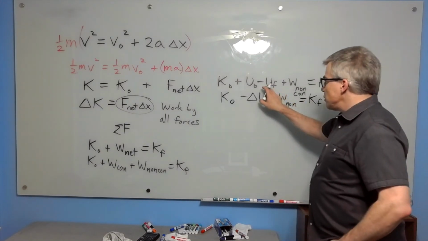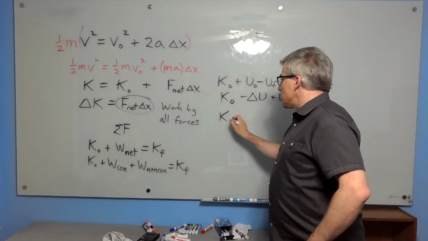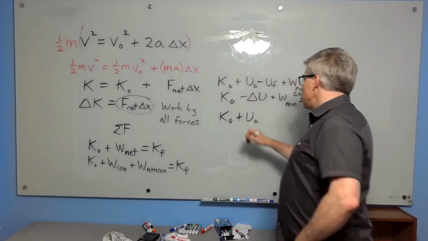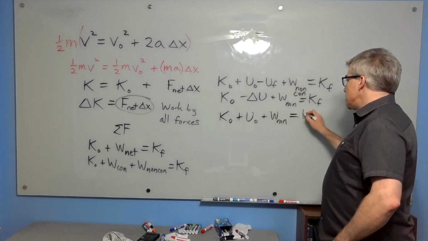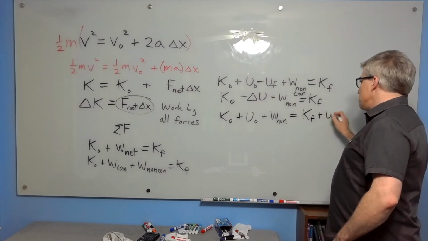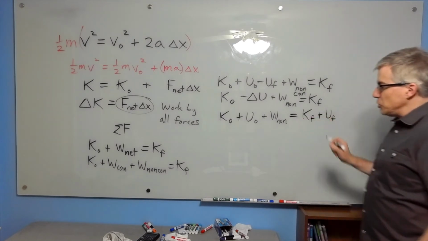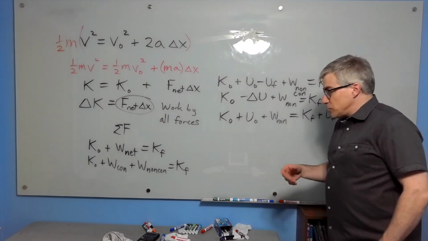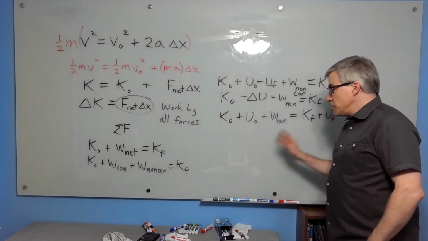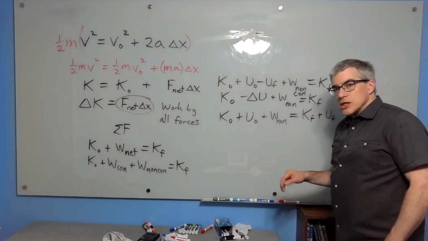As a result, if we bring that over, we find the conservation of energy: K0 plus U0 plus any work done by non-conservative forces is K final plus U final. Just plain K plus U. Ultimately, all the forces in the universe are conservative as far as we know. It's just that some practical ones, like friction, we can't really track, and that's what the non-conservative work term is